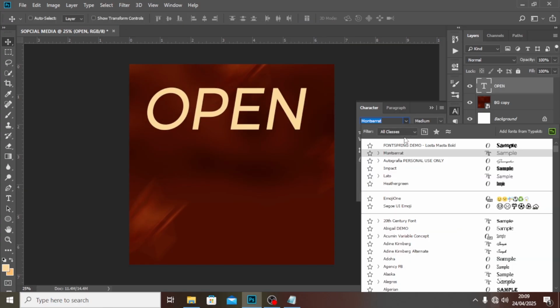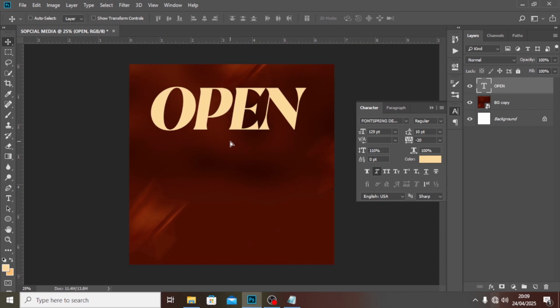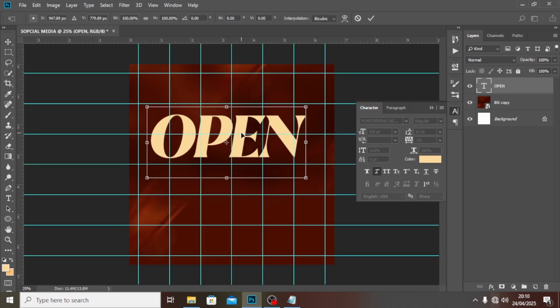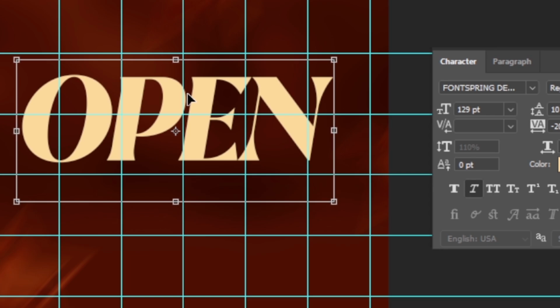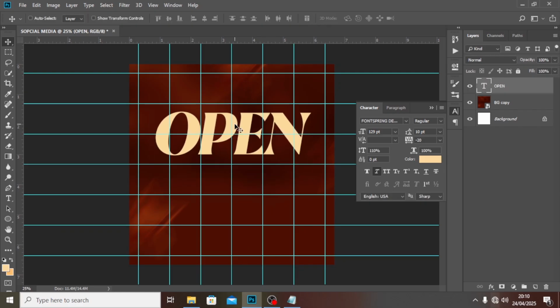And then the font I'm going to be using is Luster Master. It's going to be in the description for you guys, together with the source files and everything. I'm going to drag it somewhere down here. Control H, Control T. Now guys, you have to make sure it is in the middle. That is the most important thing. Make sure it's in the middle. Also, we're going to make sure the tracking is -20. So it's all caps as well, guys. If yours is not all caps, I think this is okay, but we need to also give it a few